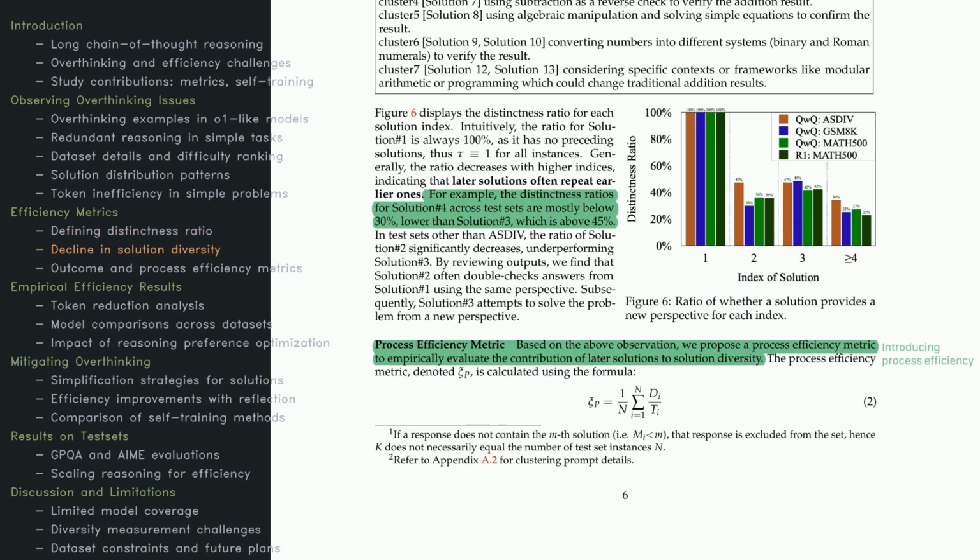The paper then looks at how distinctness changes as more solutions are produced. Naturally, the first solution is always unique, so it has a perfect ratio, but second, third, and fourth solutions often reuse older approaches. For instance, the third solution might be truly distinct, while the second solution is just a restatement of the first. To measure how effectively each new solution contributes to diversity, the authors propose a process efficiency metric. It checks if the fresh solution truly adds anything new to the reasoning process, compared to how many extra tokens